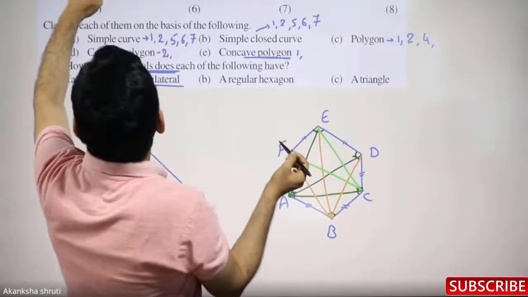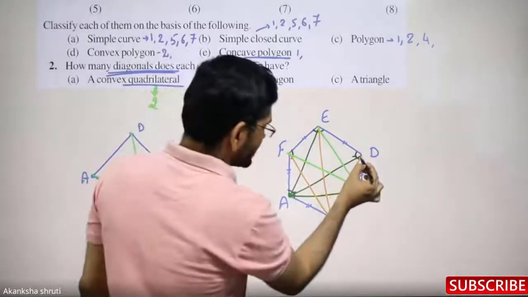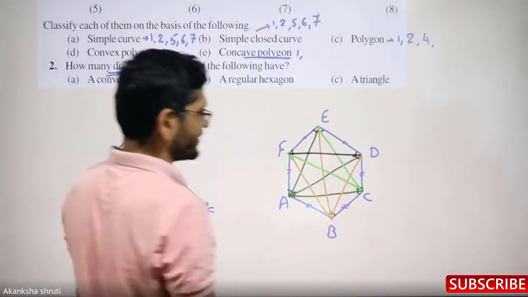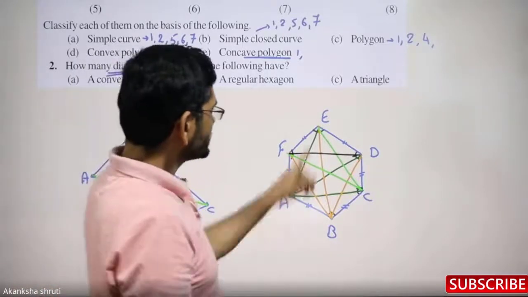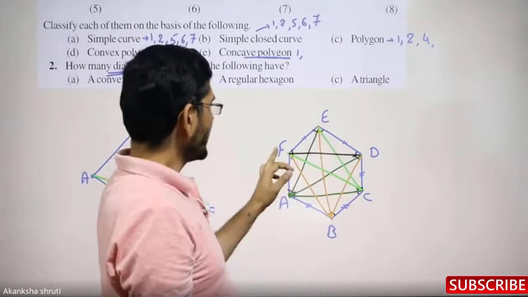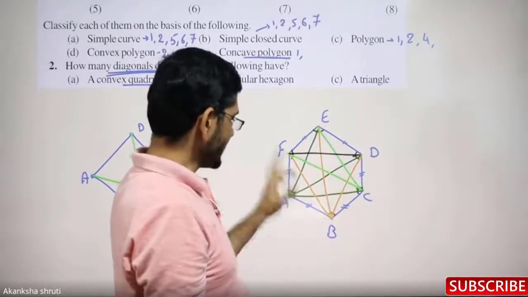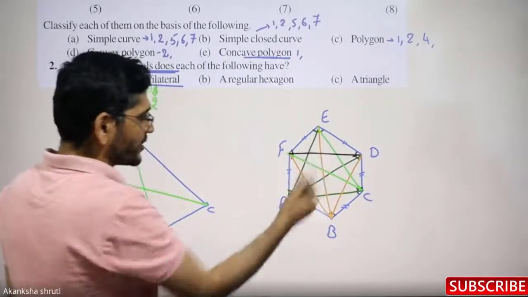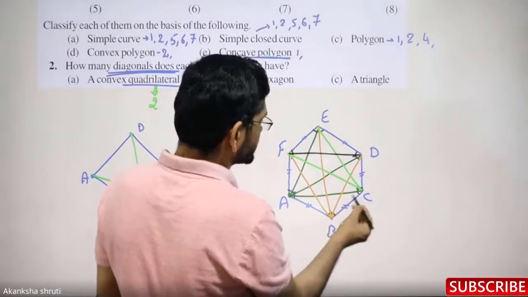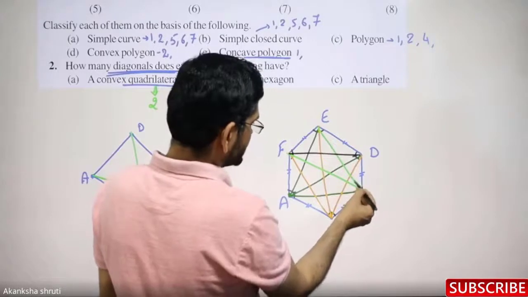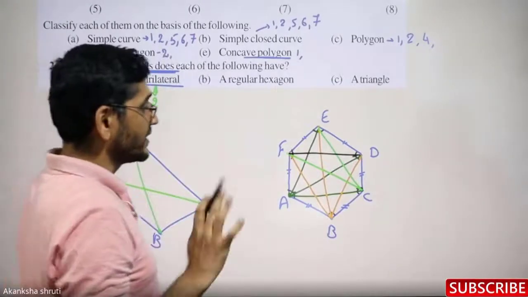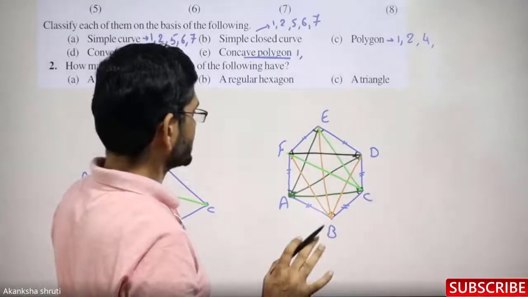Similarly, we can start with D also. D to B and D to A are already counted. No need to count them twice. But D to F is a new diagonal. Coming to E, E to C, E to D and E to A are already joined. F to D, F to C and F to A are already joined. Now we have to count the number of diagonals. The green is 3. Another, orange, is also 3. So 6. The other light green is 2, making 8. And the black one is 1 only. So a total of 9 diagonals.